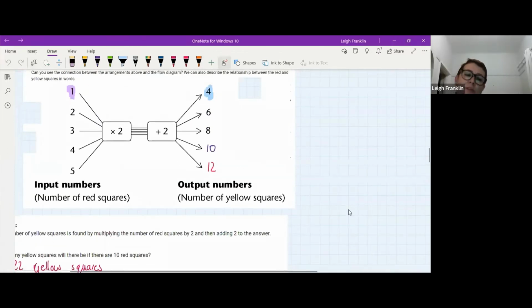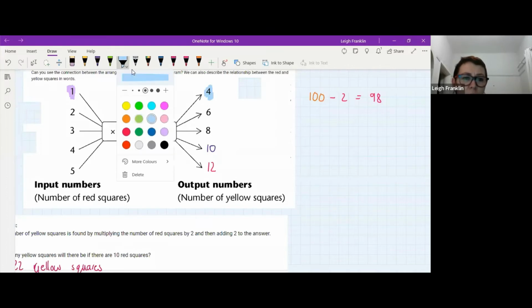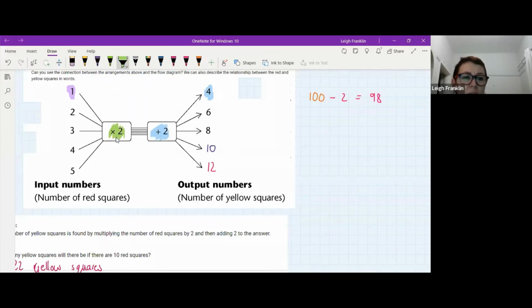Okay, if a number goes in and we times by 2 and we add 2 and we get a number out, then if we take the number that comes out, we have to reverse these operations. So the first thing that we have to do is the opposite of plusing 2, which is to minus 2. And once we've finished plusing 2, we have to do the opposite of timesing by 2, which is dividing by 2. So that means that we now need to take our number 98 and we need to divide it by